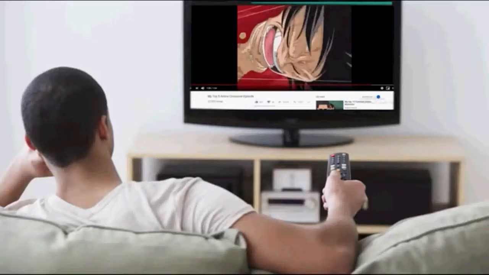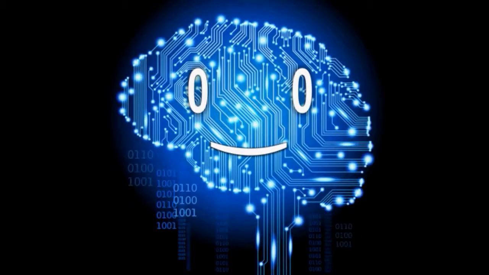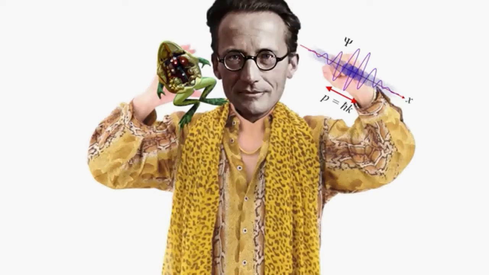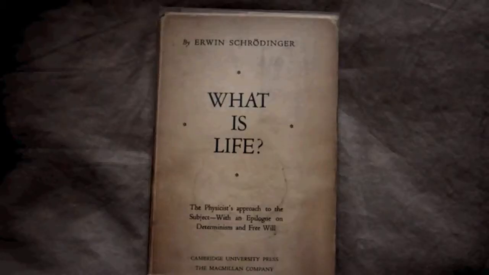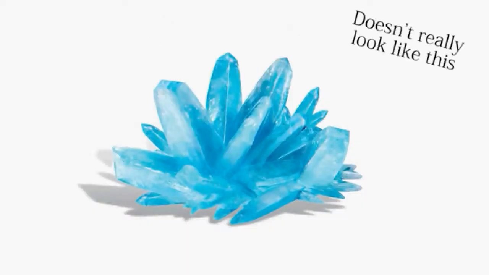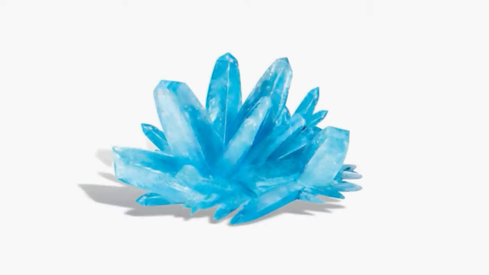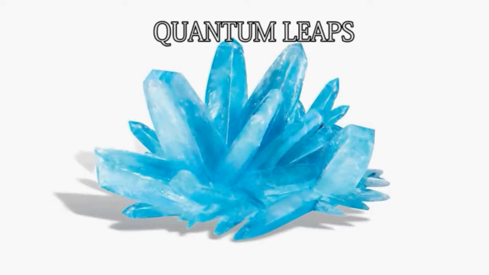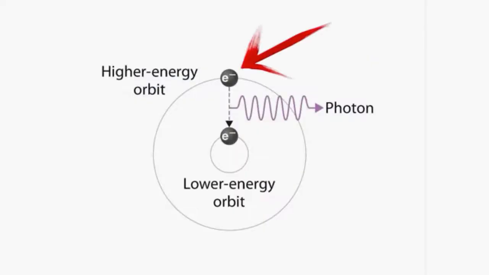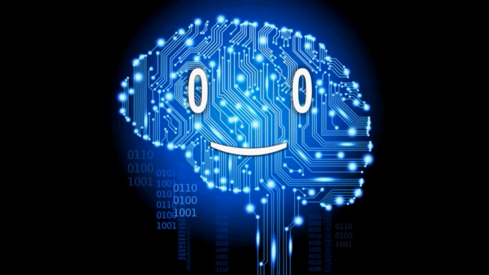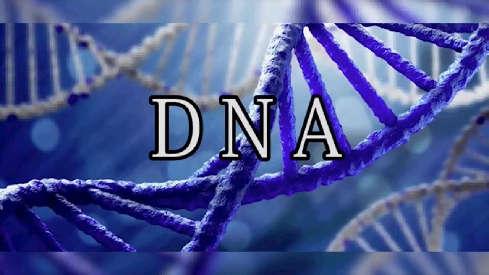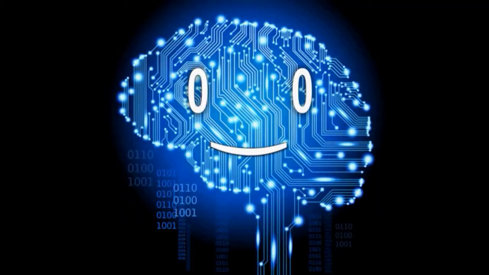After watching some top anime crossovers, the first person to think of combining quantum mechanics and biology was none other than our cat-loving Erwin Schrödinger. He even wrote an entire book on this topic. There, he introduced the idea of an aperiodic crystal which contains genetic information in its chemical bonds. Afterwards, he suggested that mutations in this crystal somehow happen because of quantum leaps, electrons jumping from one energy level to another. After a few years, a molecular structure in cells which preserves information was discovered, now known as DNA, which acts as the instruction for making proteins.